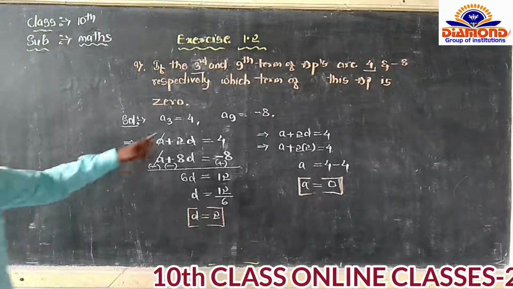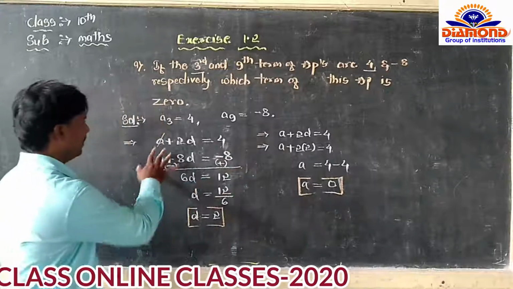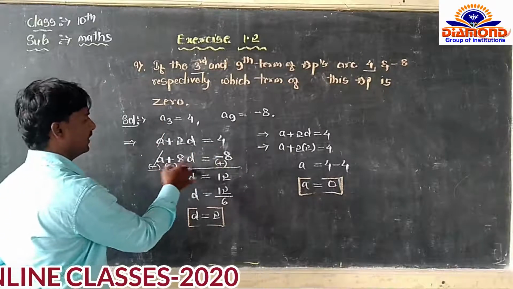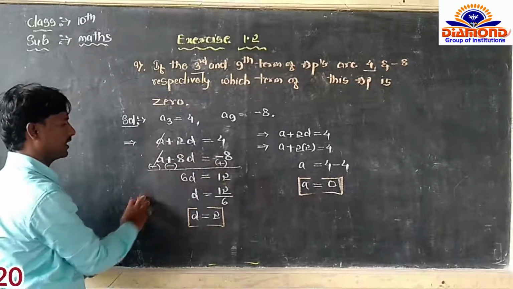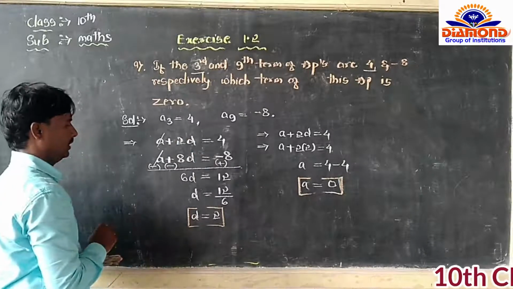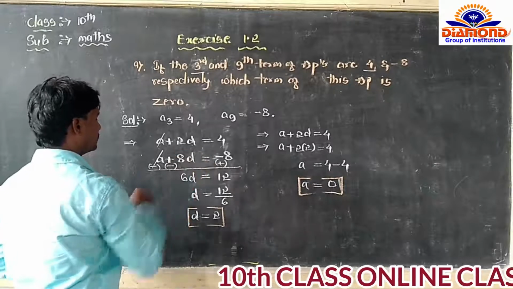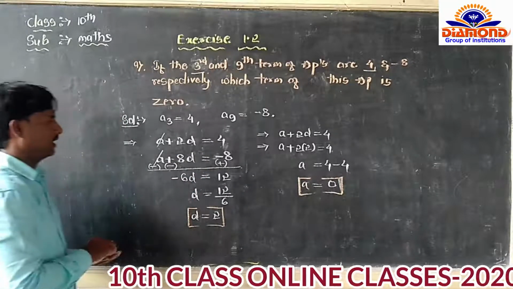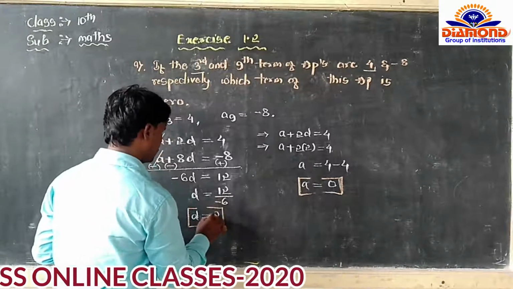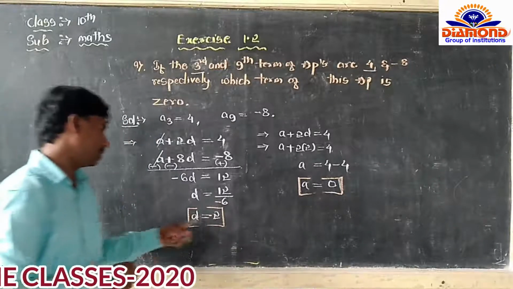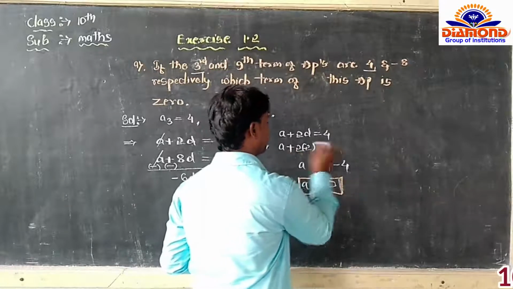So what is the question? A3 is equal to 4, A9 term is equal to minus 8. So A plus 2D is equal to 4, A plus 8D is equal to minus 8. Plus becomes minus, plus becomes minus, minus becomes plus. Both get cancelled. Here we got minus 8D and plus 2D equal to minus 6D, and here minus 8 becomes plus 2D, minus 6 means minus 2. Common difference is equal to, dear students, minus 2, and here minus 2 becomes minus 4 only, minus 4 becomes plus 4.